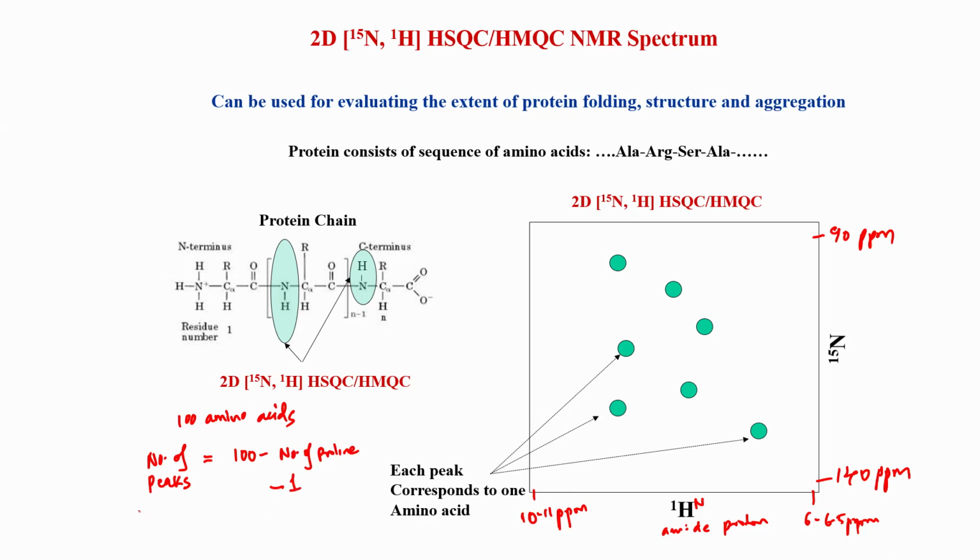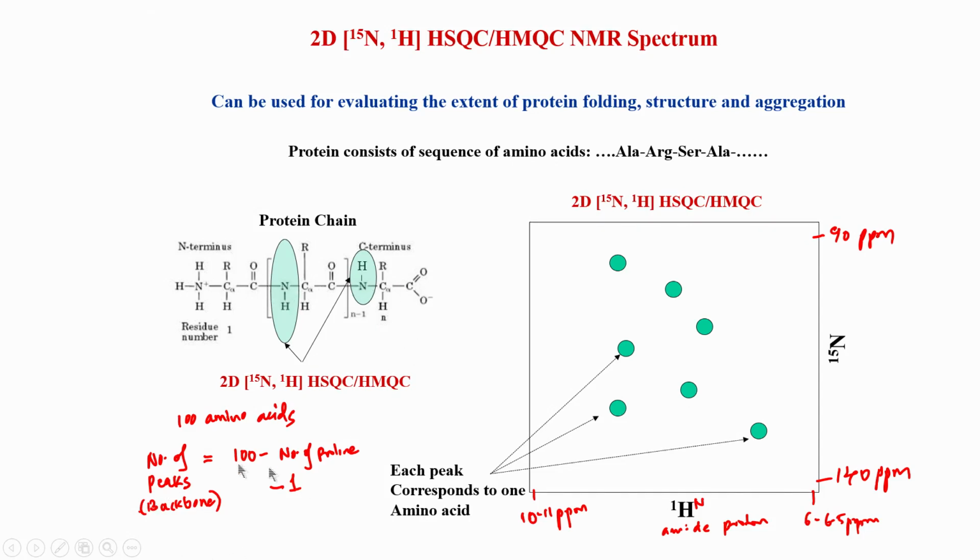Now, this is for the backbone. What is a backbone? Backbone means this chain here, this line which you see here, this is the backbone of the protein. We are not looking at the side chain. The side chain comes in this R. If you recollect, this is the side chain of an amino acid. We will see this as we go along in the protein structure part, for those of you who are not aware of how a protein structure looks like. But this R is called the side chain, and the backbone is C alpha, CO, NH. These are the backbone atoms.